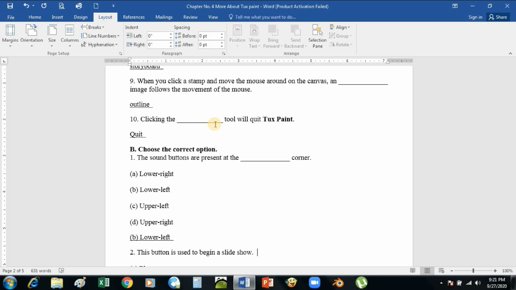Write 2 or 3 lines, and then your job is to set the margin from 1 to 1.5 inches and change the orientation from portrait to landscape. Then change the number of columns to 2, and save the document as exercise. The solution to this work is given on page number 63 as a solution. So that's all.